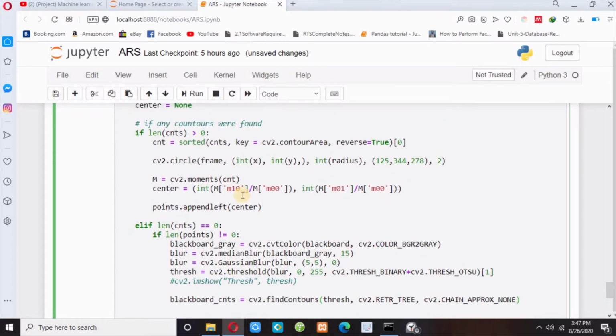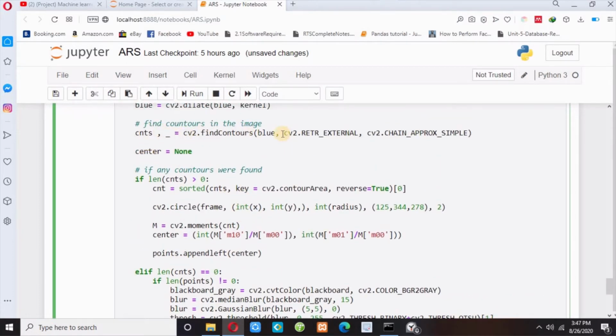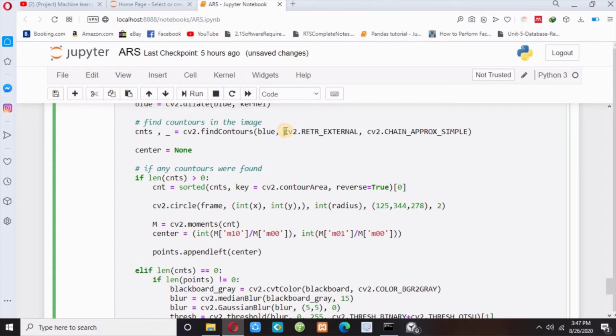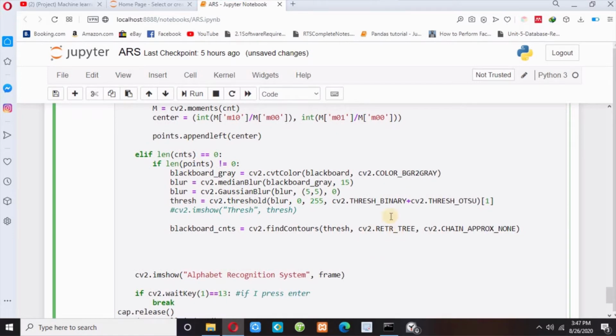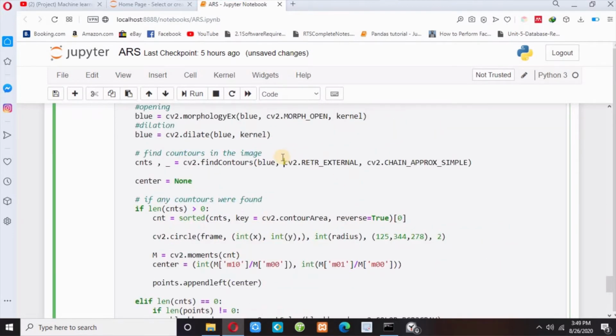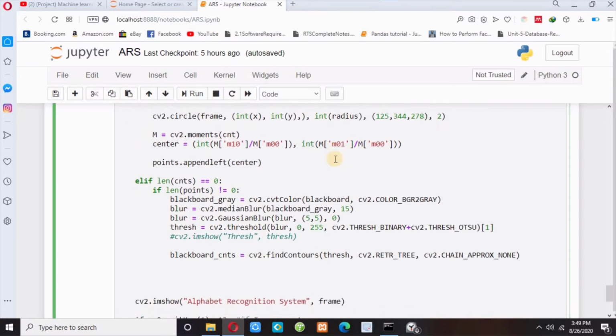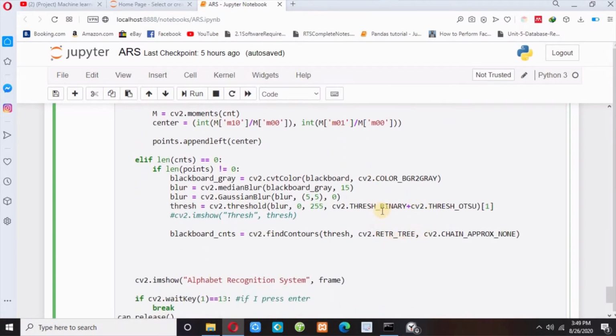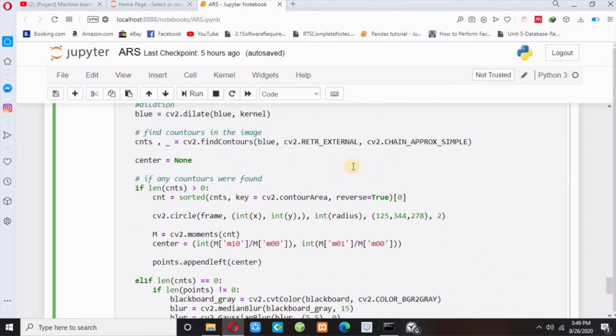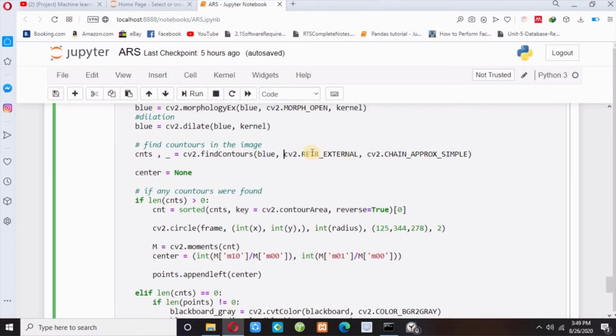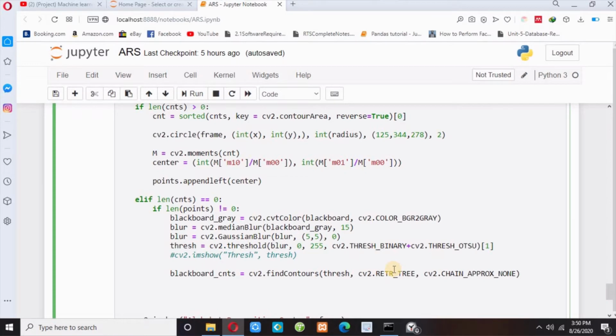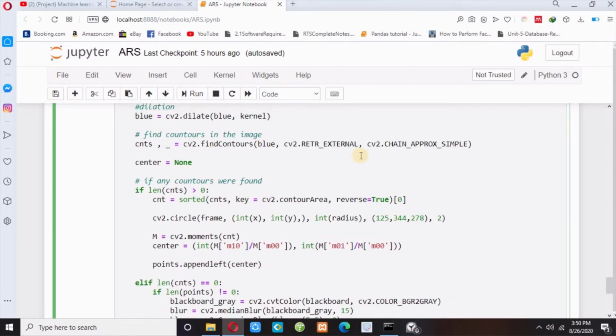So what is this? In findContours I have passed the source, and then the contour retrieval method. Earlier it was cv2.RETR_EXTERNAL, and here I have passed cv2.RETR_TREE. What is the difference between external and tree? The cv2.RETR_EXTERNAL only takes the external layer, while tree means it will take all parts. For example, in your family, suppose there are your grandfather, grandmother, father, son: external will only take the elders, grandfather and grandmother, while tree will take everything, grandfather, grandmother, father, son. So this is the difference between external and tree.